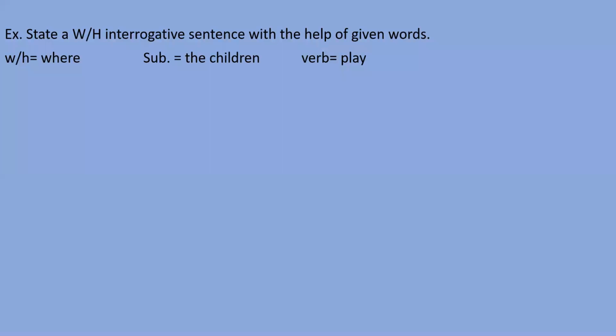Okay, no problem. Anyone else who can say a sentence with the help of these words and tense? You have to use simple present tense because we are learning simple present tense now. Mihika or Meghan, you please come. Good morning, sir. Good morning. Who is there? Sir, Mihika. Yes, Mihika. Say one sentence with the help of where the children play. Where the children plays. Where is the helping verb? What are the helping verbs of this tense?